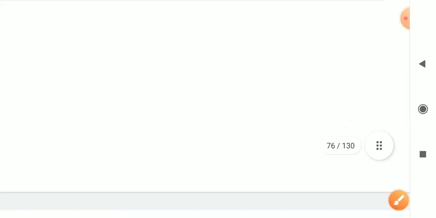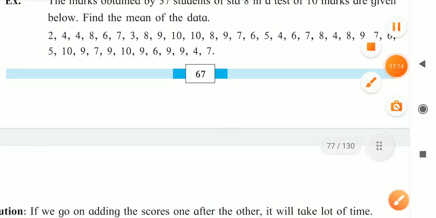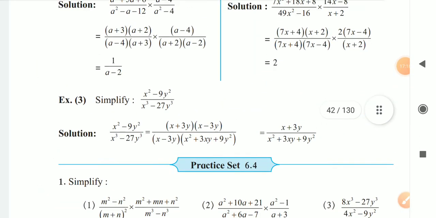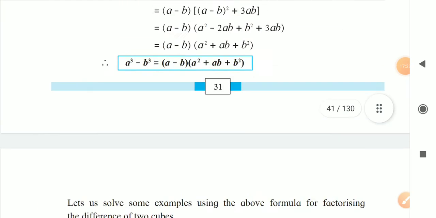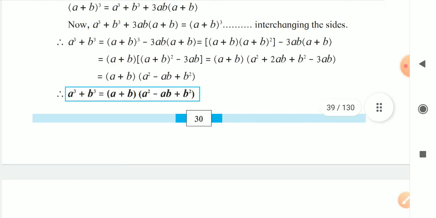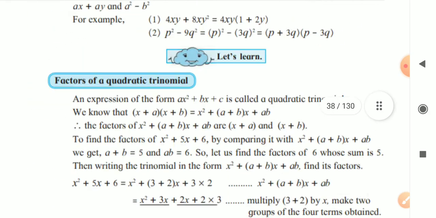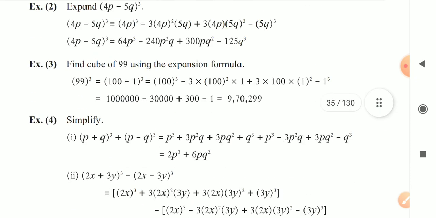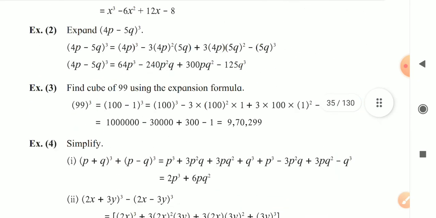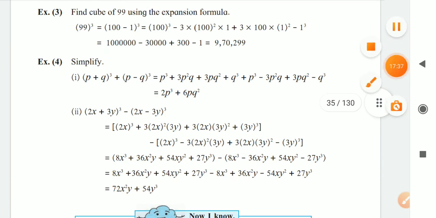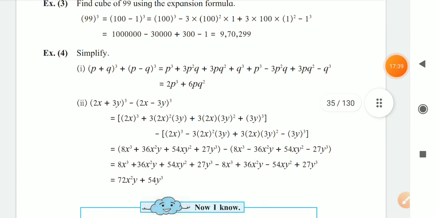So in this way, today we saw the solving or factorization of (a minus b) brackets cube, and its factorization is a cube minus 3a square b plus 3ab square minus b cube. Okay, and one more example is there, the fourth question, and its solving and simplification we will see in your next lecture.